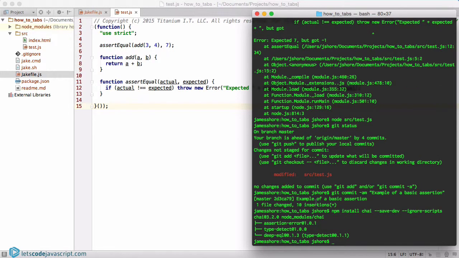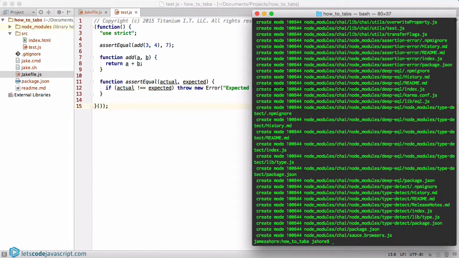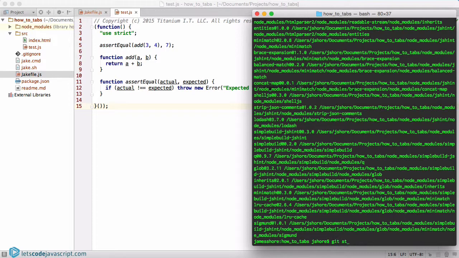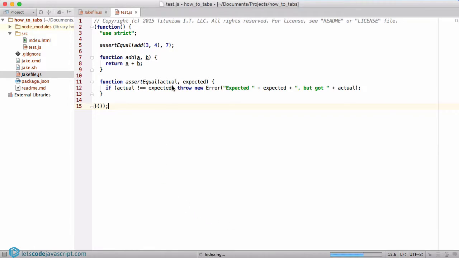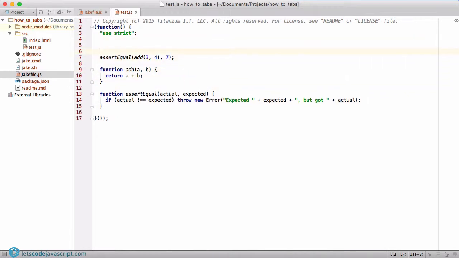That's installed. We'll need to check that in. So we've installed our Chai assertion library. Do an npm rebuild to make sure there are no binaries, but there's not, as usual. Now to actually use this, we're going to require Chai